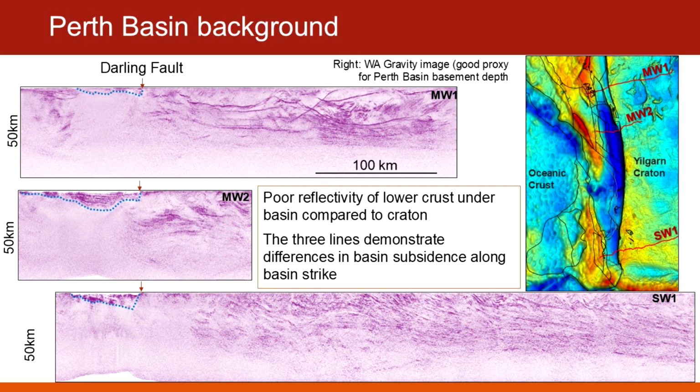Another really obvious thing you might see from these three lines is that we have really good reflectivity of the lower to mid crust in the cratons, but as soon as you go under the basin, that reflectivity goes. I guess the main reason for that would be that we have this basin and its layers across which there's a high velocity contrast. That's what gives us these reflections. So it's just difficult for that acoustic energy to penetrate deep below the basin. But also